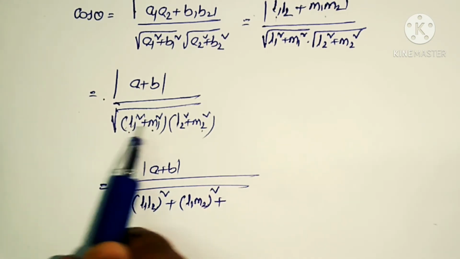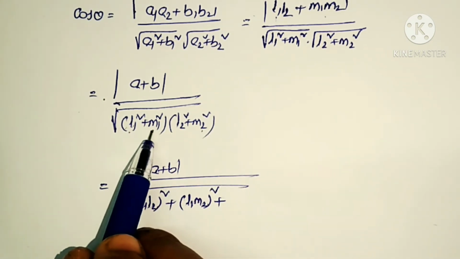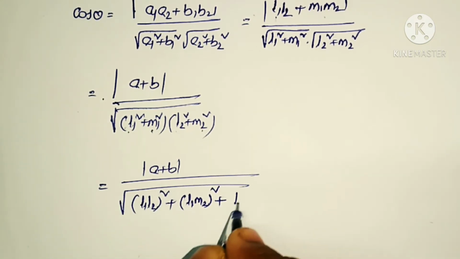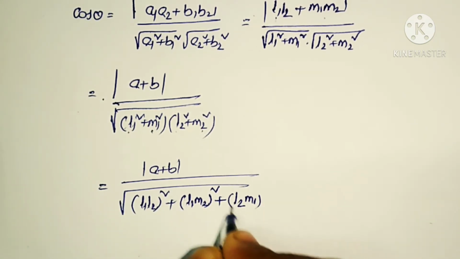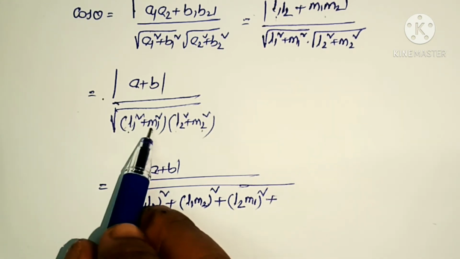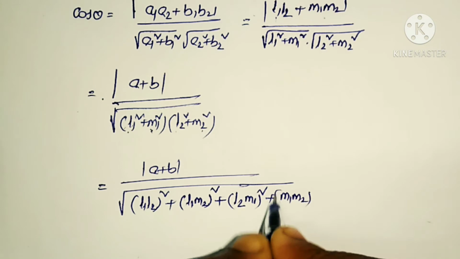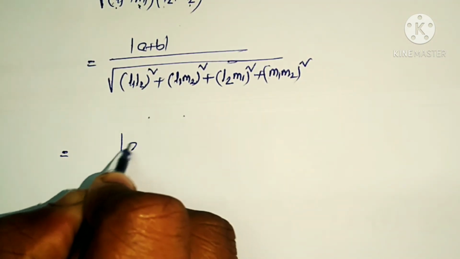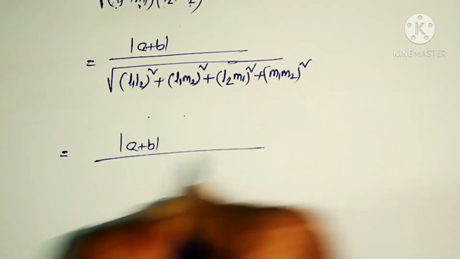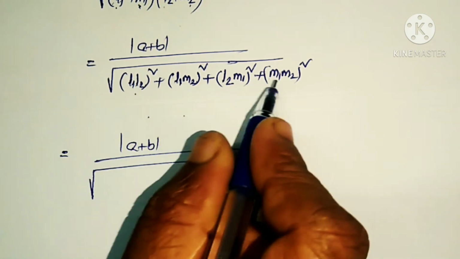First we take the product L1 square into these two. Next we take the product with M1 square. M1 square into L2 square, that is L2 M1 whole square, plus M1 square into M2 square, means M1 M2 whole square. And this is equal to mod A plus B by square root of, first we write these two values,